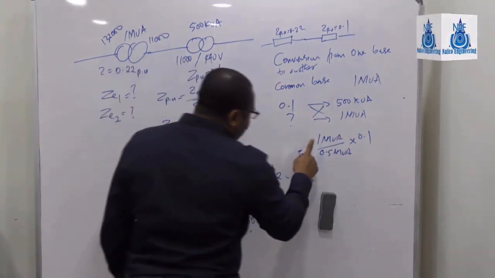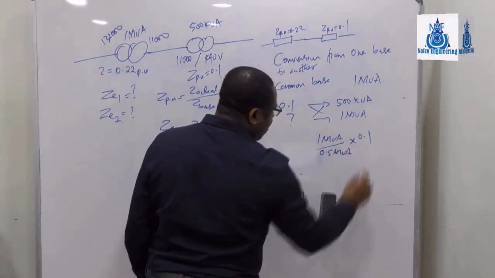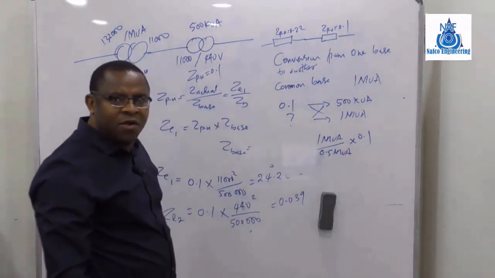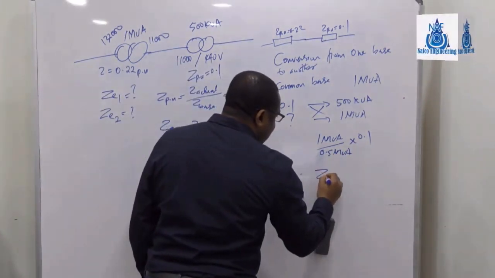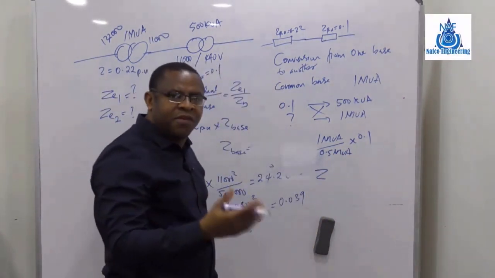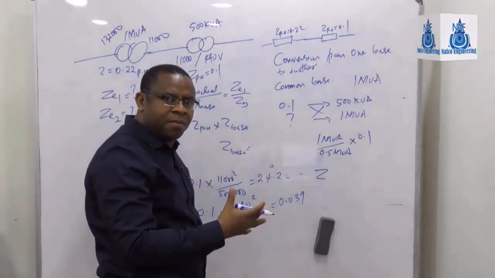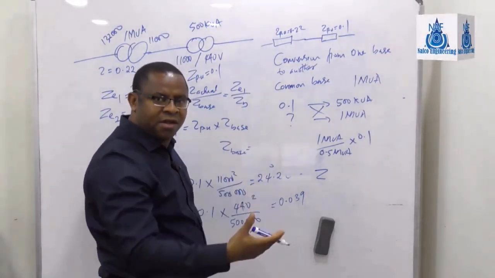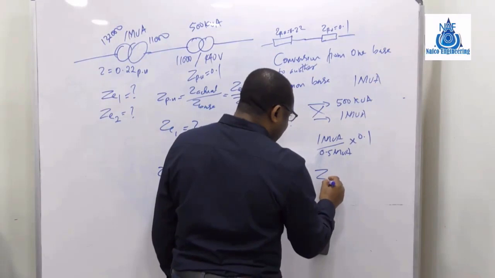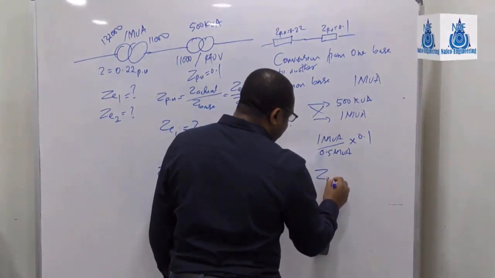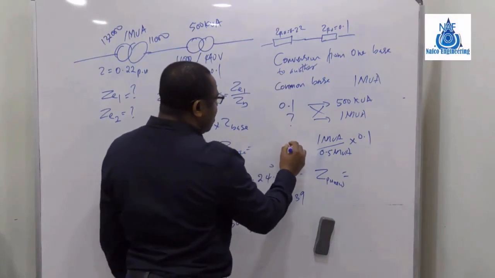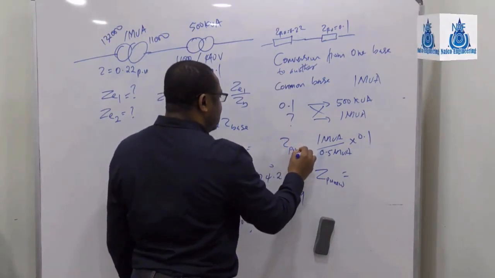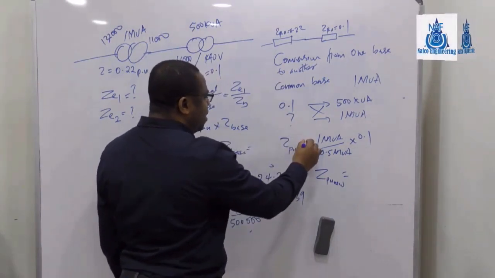So if you want to update from one base value to another, the Z per unit new, this is now our Z per unit for this, the new one,